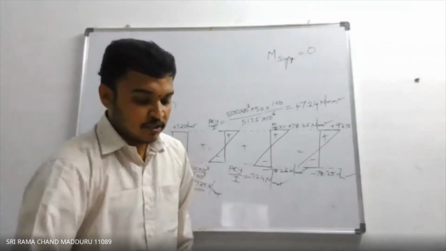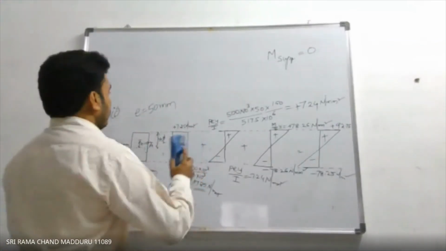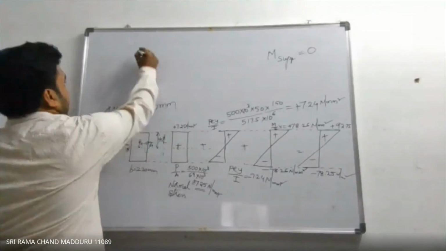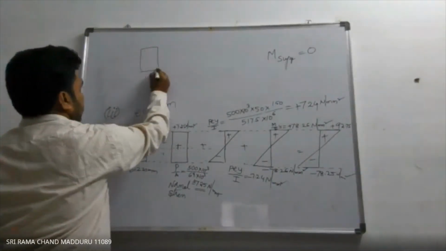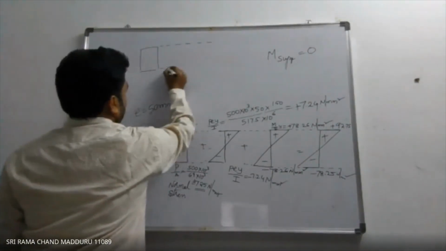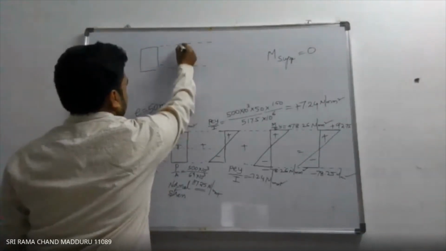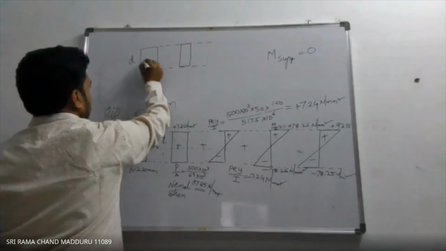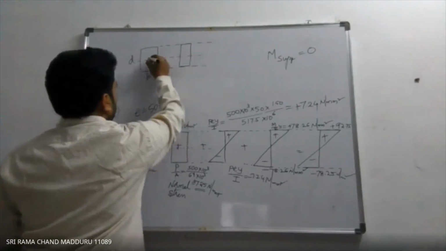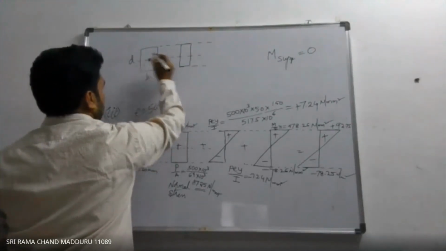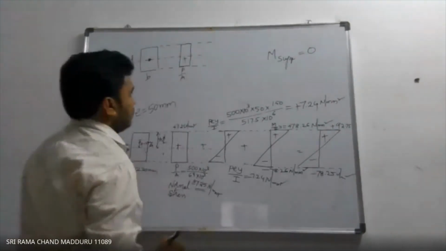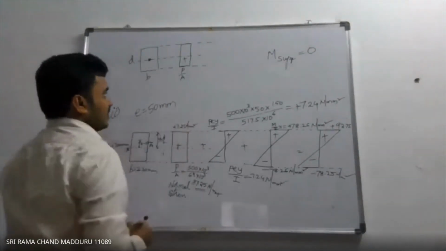What is the first one? Draw the cross section of the beam. So this one I am writing. First of all, draw the cross section. Upon cross section, the pre-stressing one is P by A. So this is B, this is D. Now the neutral axis is there. So pre-stressing is done at the neutral axis. So this is P by A, which is considered as plus. That is normal stress.